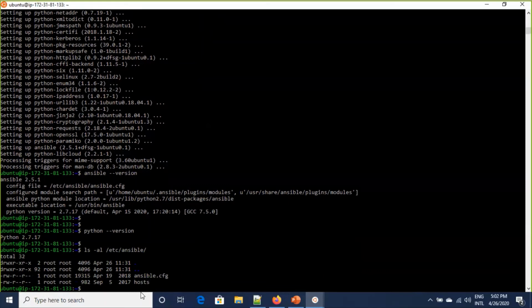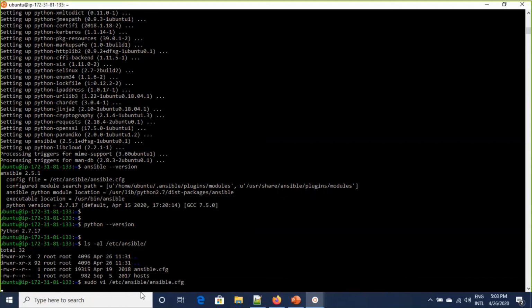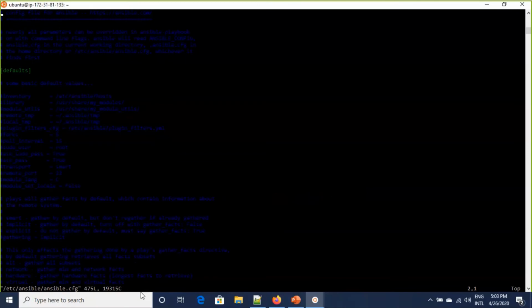We need to first change the configuration file ansible.cfg. If you see, there are a lot of things mentioned in this. Everything is commented.